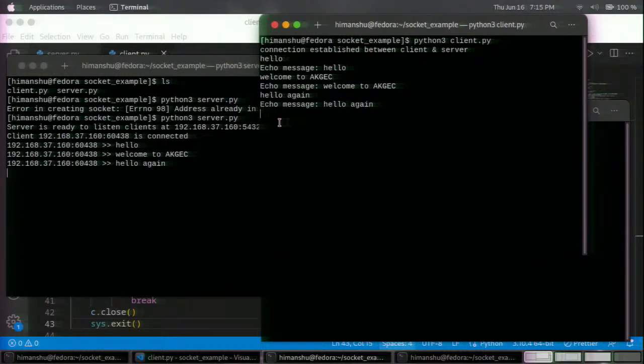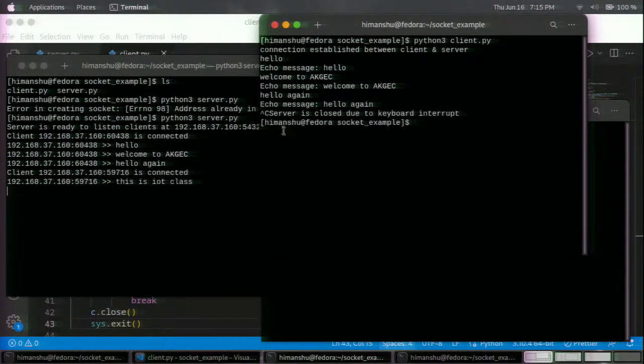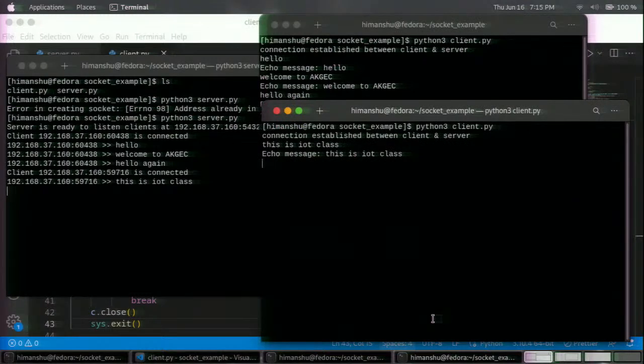For terminating, I am pressing Ctrl C, and here you have got the message that server is closed due to the keyboard interrupt. This is because I didn't change that message while we were copying. It is basically client is closed, so I will quickly fix it later on. Now the important thing is